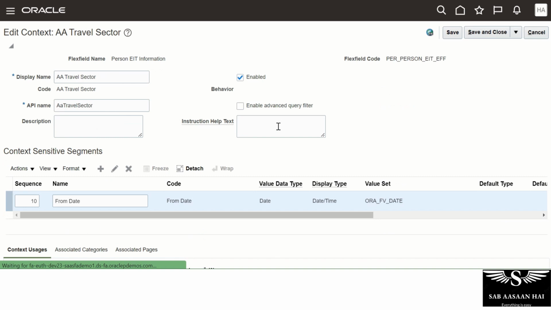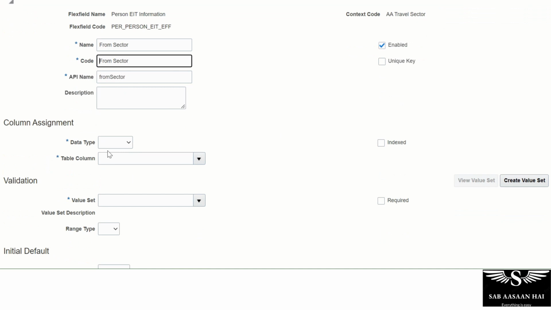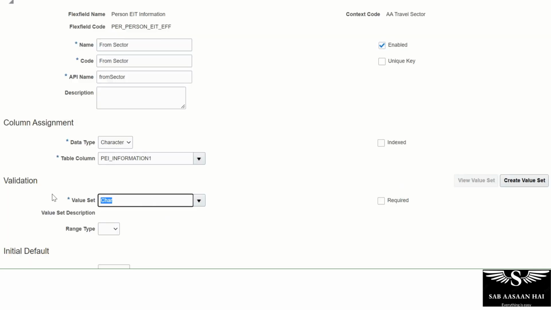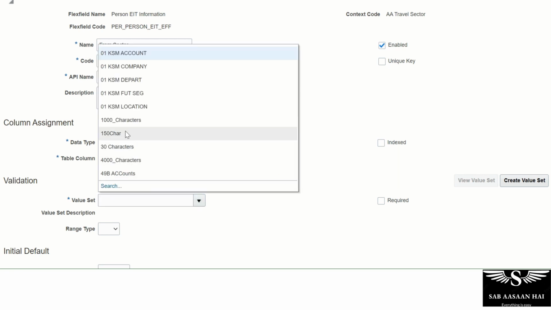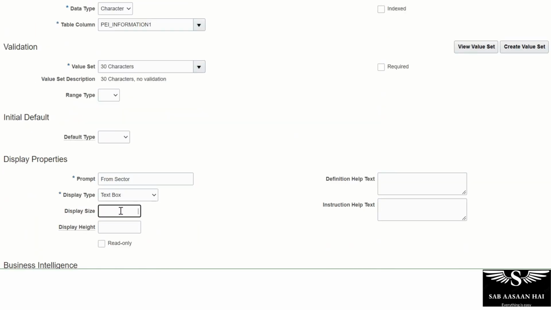I want another segment in the same place, from date, and now I'll say from sector. This is another placeholder. I'll use it as a character. I will not be creating the value set. We know how we can create a value set. So let me select from the existing, say use 30 character. Okay. Again, give the